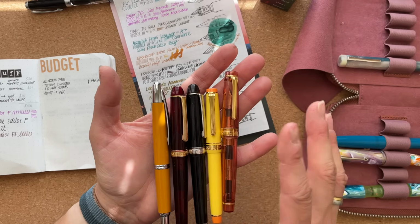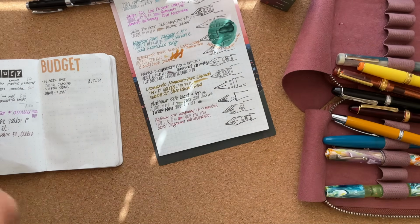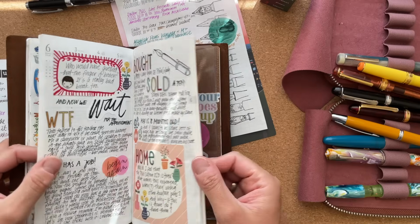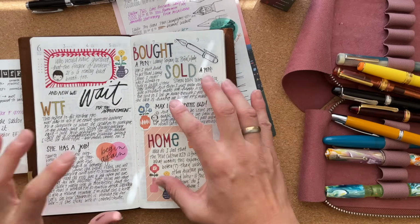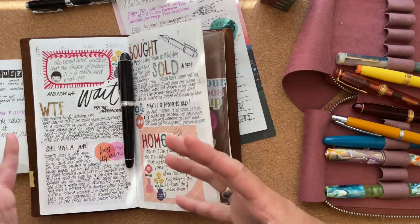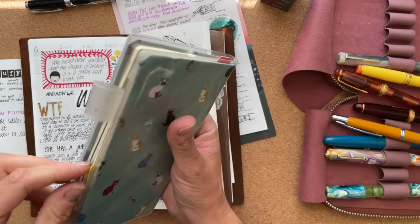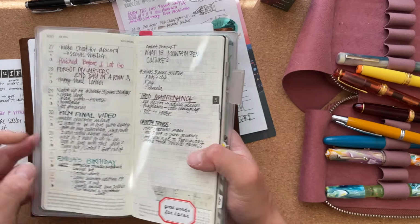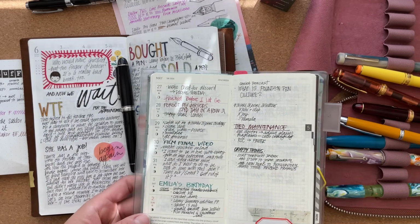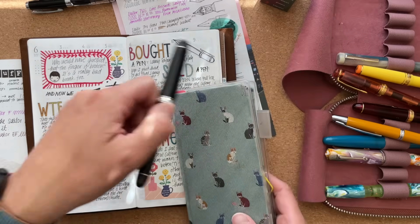Do they dry out? Do they have hard starts? How do I feel about writing with them small? Let me show you what that looks like when I use black ink in my creative journal. Here. So I would find a pen, so this one is definitely going to be inked with black, but I also want to use my Hobonichi Weeks. And I've been using black ink in here as well. And so I just want to see how these pens write in both of those journals, in both of those use cases,